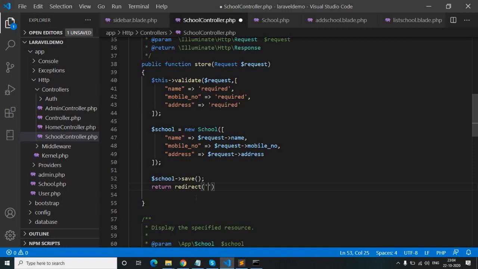Inside this, write route school dot index, and if you want to send some message, you will use with and one variable success and another variable your message, your record saved successfully.